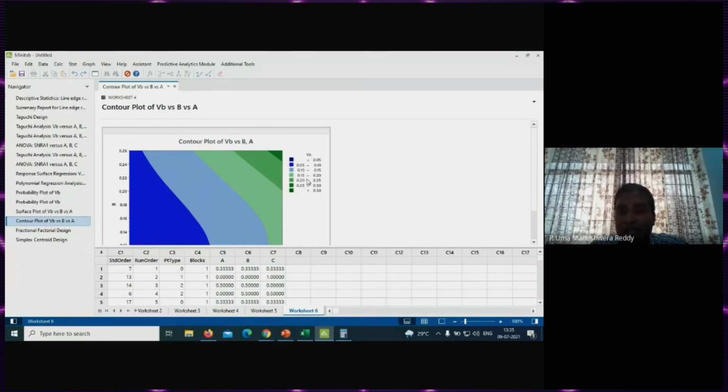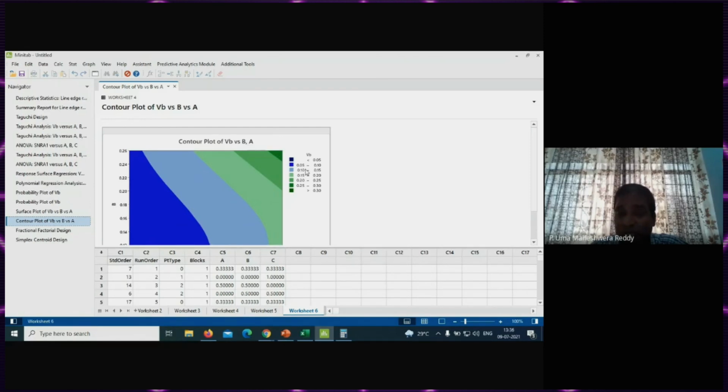Clear? Now, by seeing the range here for VB, you see this thick blue color; its range is 0.05 to 0.1. In your VB values, in the data you have with you, how many data sets fall in this range, 0.05 to 0.1? Of course, you can reduce the number of colors to have more clarity and a more clear-cut conclusion.